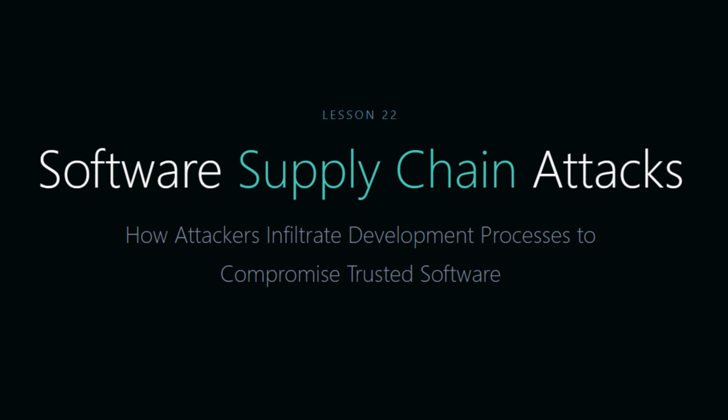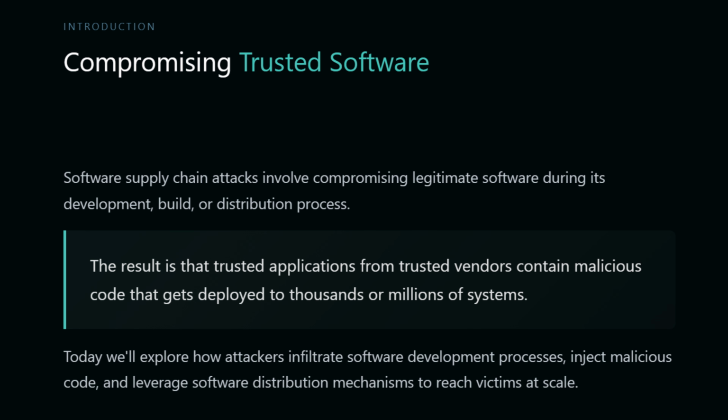In the previous lesson, we discussed supply chain attack methodology and why exploiting trust relationships is so effective. Now we're going to talk about a specific type of supply chain attack, software supply chain compromises. These involve compromising legitimate software during its development, build, or distribution process. The result is that trusted applications from trusted vendors contain malicious code that gets deployed to thousands or millions of